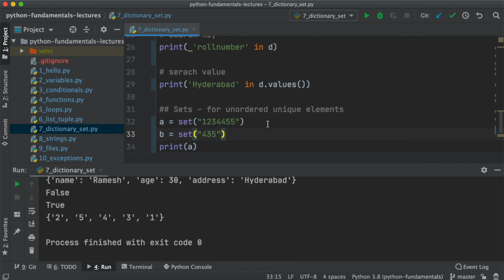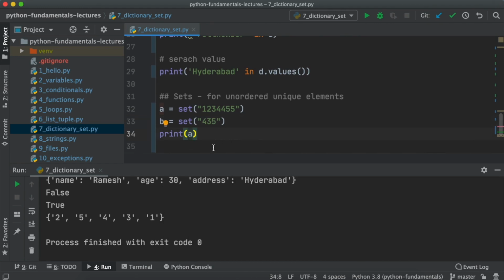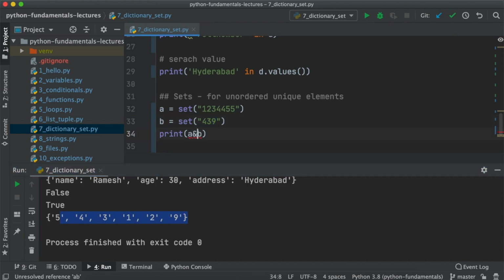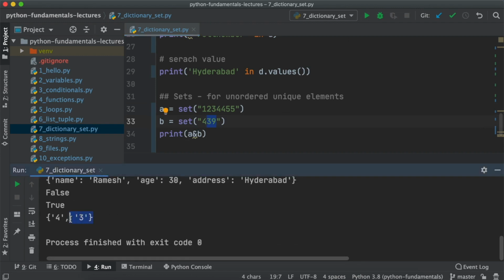Now you can do a lot of operations. Maybe I could do union. So let me use the operator OR. So this is an OR on the sets, which will add both the sets. That is, it will combine all the elements which are existing in both the sets. So here we have 1, 2, 3, 4, 5. Here we have 4, 3, 9. 9 is not there here, but when you club these two, 9 should be available. And you run, and yes, we have 5, 4, 3, 1, 2, 9. Or maybe I could do an AND operation, which will basically take elements which are there in this set as well as in this set. So let's run. We have 4 and 3.